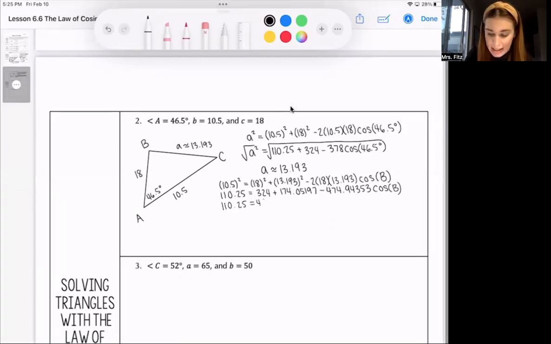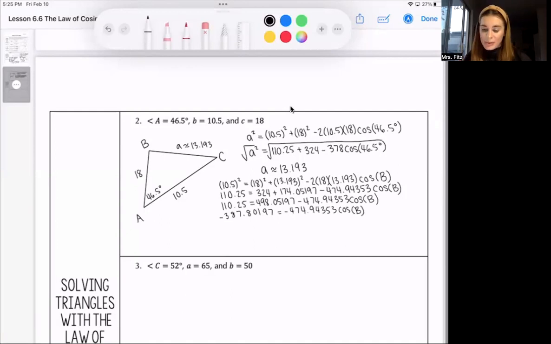I get 498.05197 minus 474.94353, lots of decimals, cosine B. Subtract 498.05197 from both sides, and we end up with negative 387.80197 equals our negative 474.94353 cosine of B. Divide both sides, and we end up with cosine of B is,